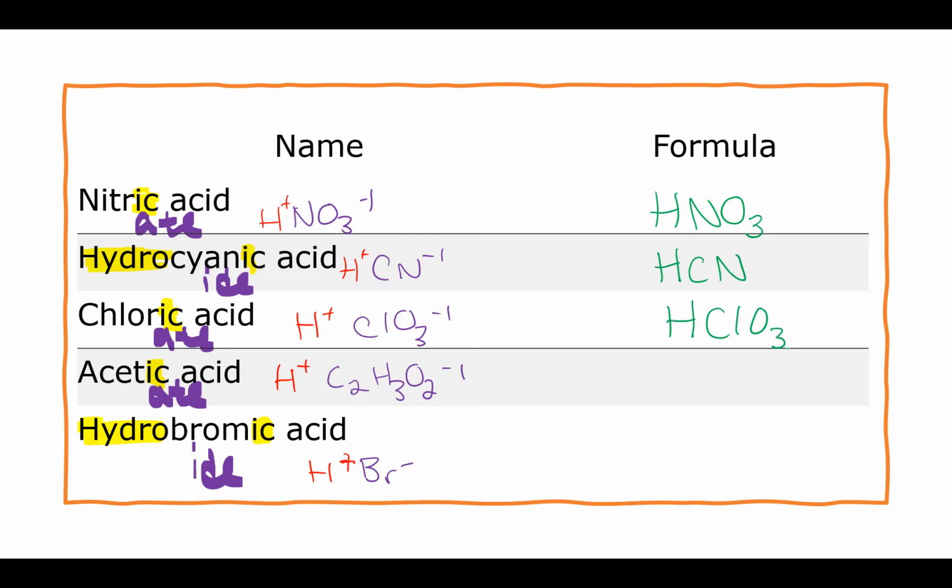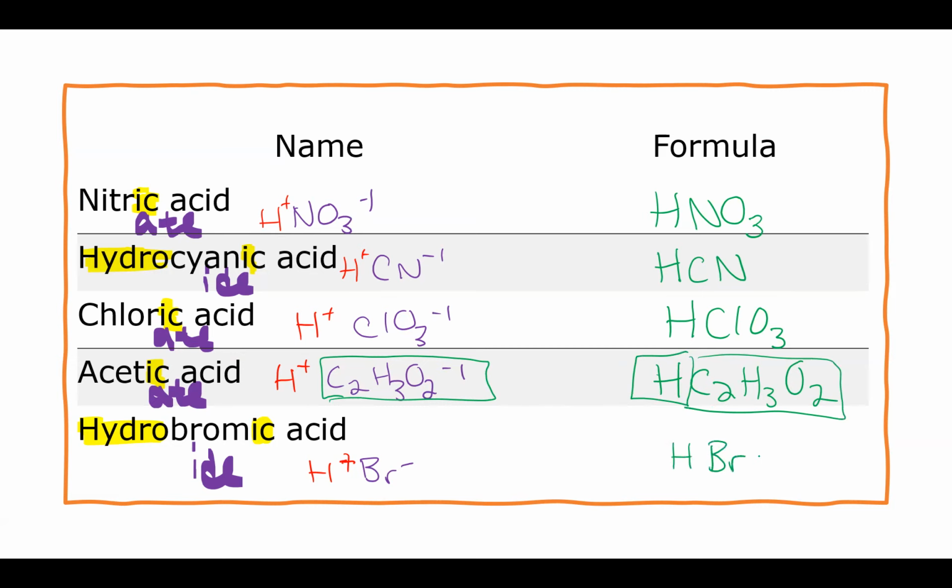HClO3. This one is kind of crazy looking, but we do need to keep the H's separate because this is its own ion, so we would not write like H4. We have to keep them separated into cation and anion pairs. And then HBr. Now, an example that I did not pull from the worksheet would be, what if my anion